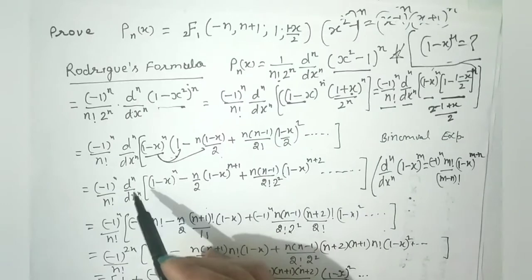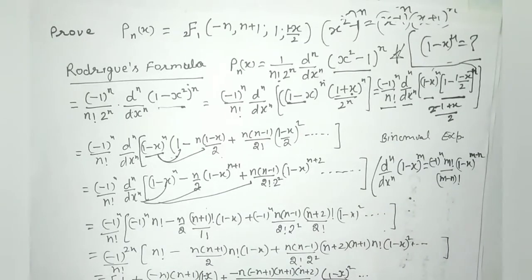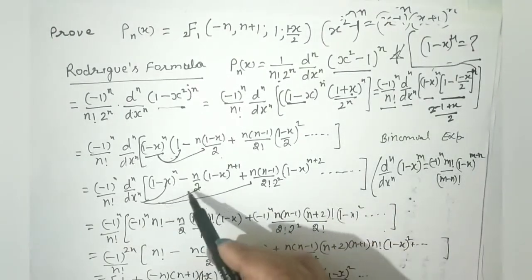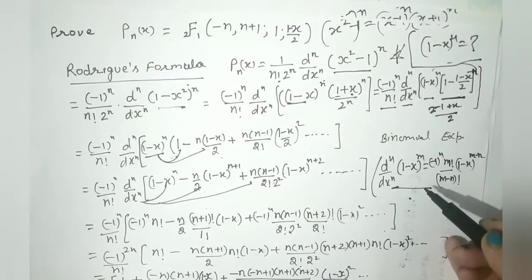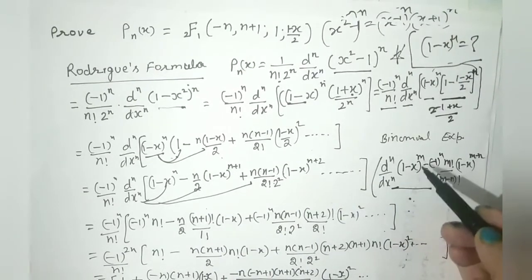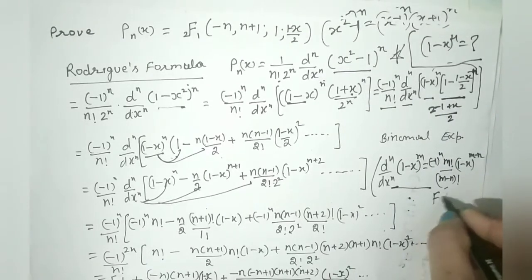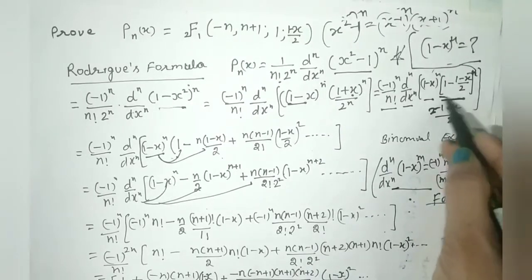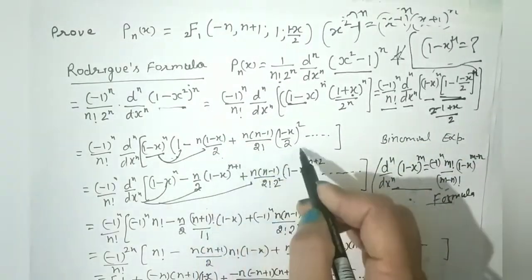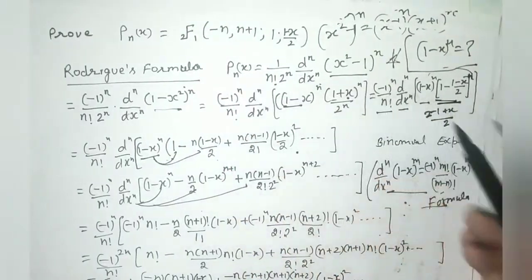Now what we have to do, we will take this nth derivative inside the bracket and distribute it over all the terms, and after that we will use this formula of higher order derivatives. So the nth derivative of this type of term is, this is again a formula. So we are using many formulas here. This is also a formula. This result is the formula of binomial, and this is the formula, Rodrigues' formula. So we have to remember these formulas.